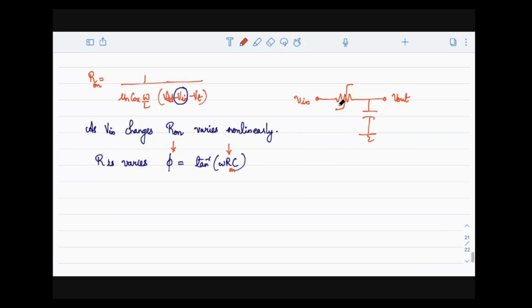Amplitude variation is actually Vin, right? Let's say you have a sinusoidal signal, and you are trying to sample that at a particular point. So this thing is basically tracking the signal during the course of the variation, and at the falling edge of the graph is where it samples. Since you are interested only in that particular point, the phase variation will not be much of a concern.